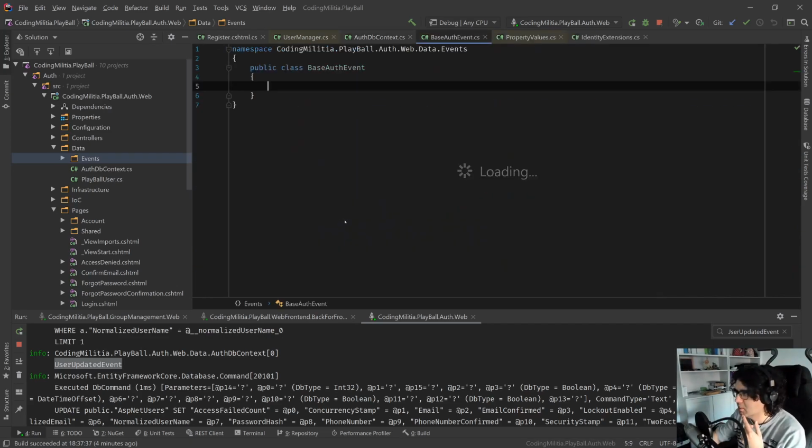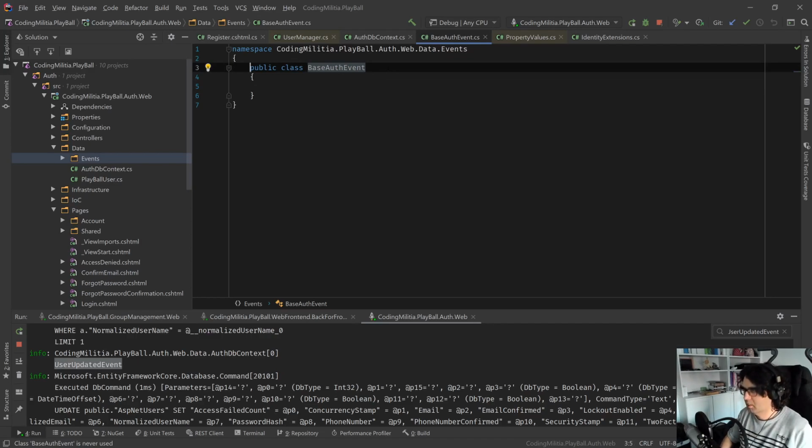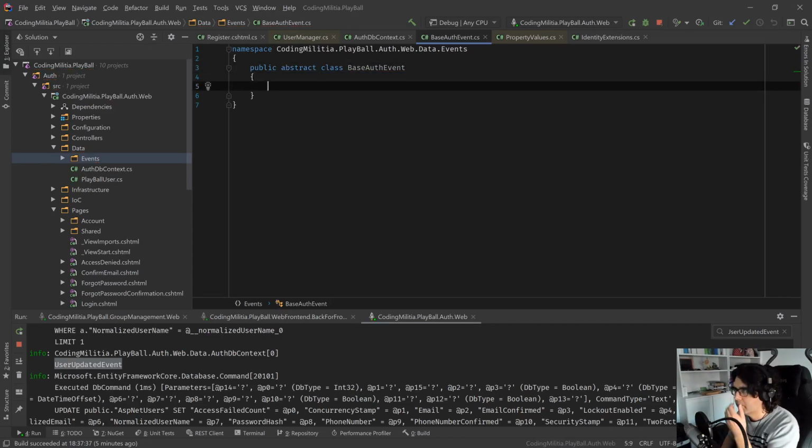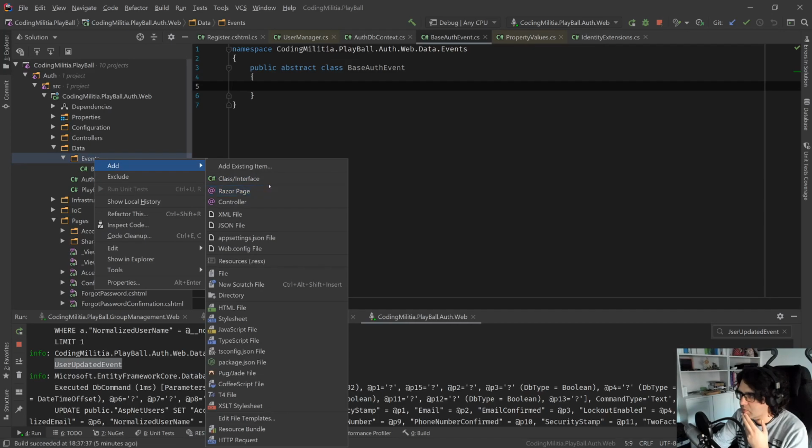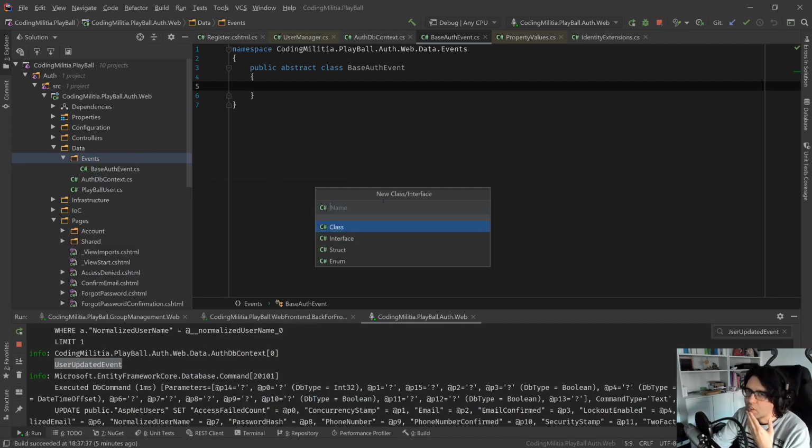Base auth event. Make it abstract. Then I'll put some thing in there, but right now add new class and we'll call it